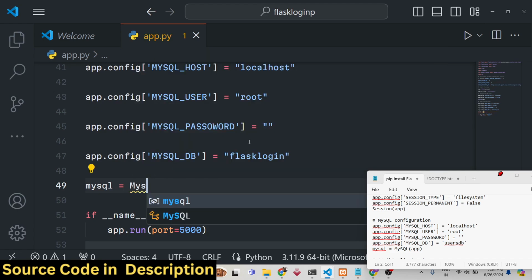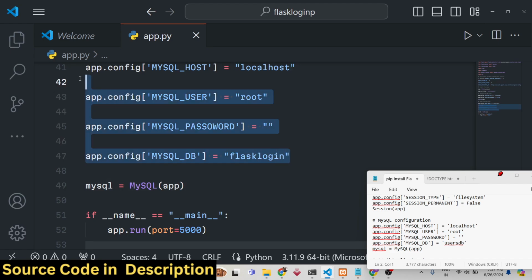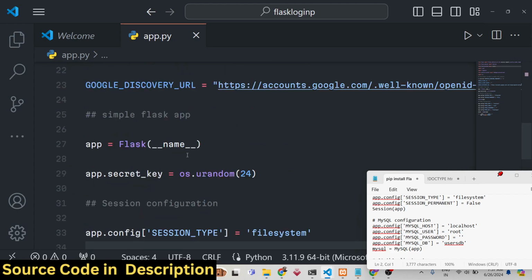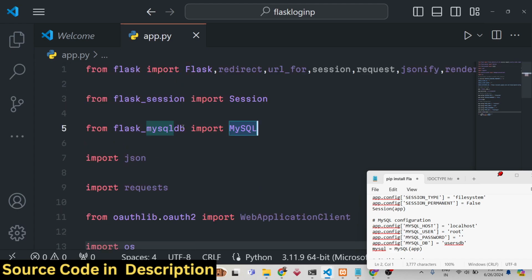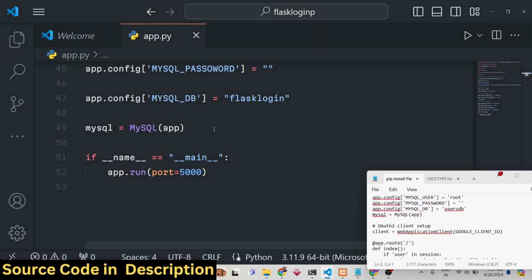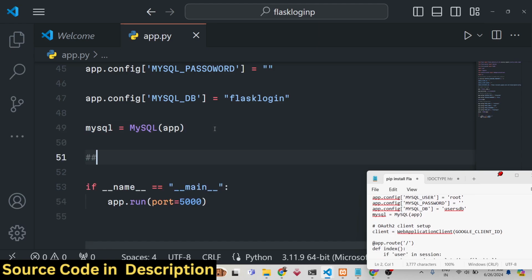We will call the base MySQL class and pass the app reference right here. You can see that we have set all these variables and then we pass this as a reference to the MySQL connection class that we imported at the very top from Flask_MySQLdb. So after you make the connection, now what we can do right here, we can actually